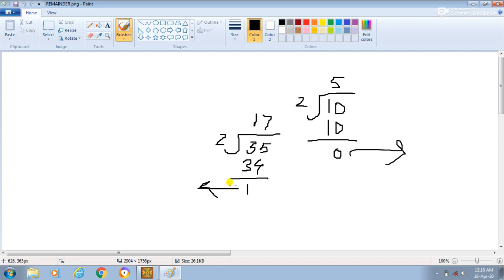So we have to take the remainder of the number which the user is going to enter. Let's suppose 35 in this case and 10 in this case. If the remainder comes 0, then we'll call it an even number. But if the remainder is not 0, then we'll consider that number an odd number, right?